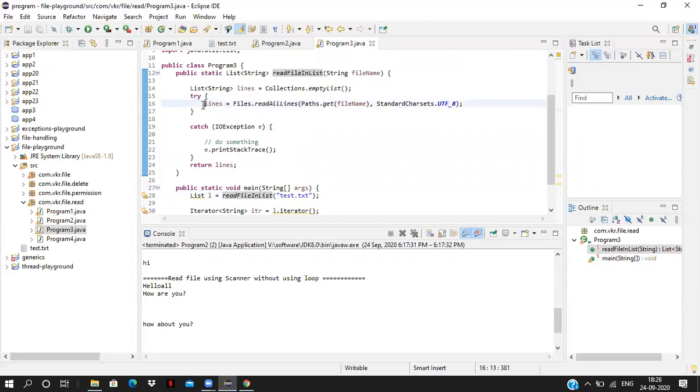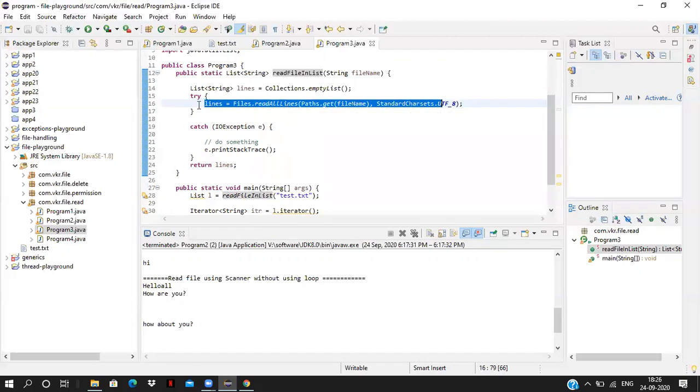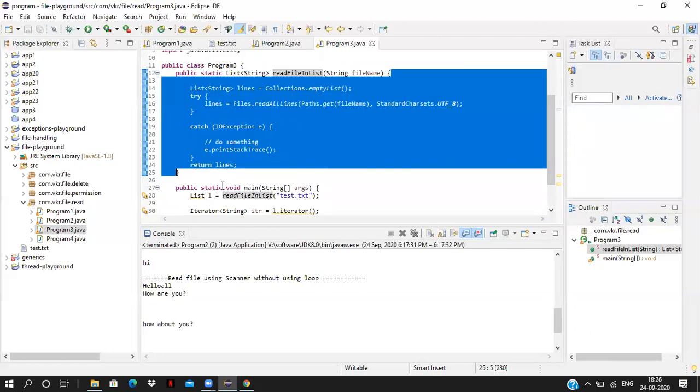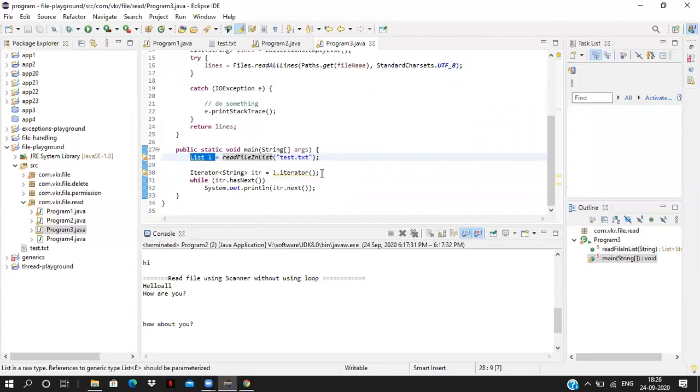Then it calls the readAllLines method, which takes the path and reads the file. The first line is read and put into the list, then the second line, up to the end of the lines. Finally we get the final list and return it. The final list I assign to the list object: List l equals read file in list of the file path. So we'll get the list.